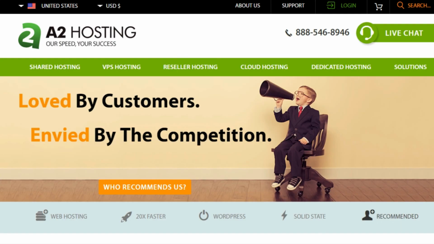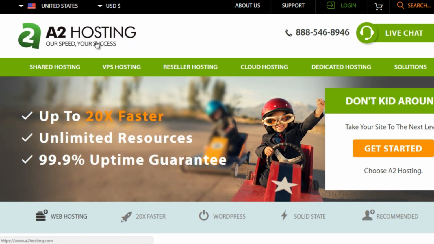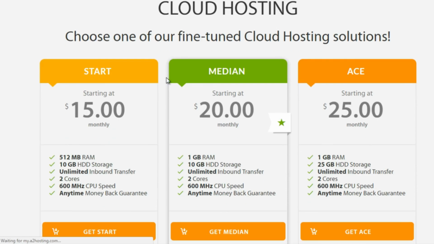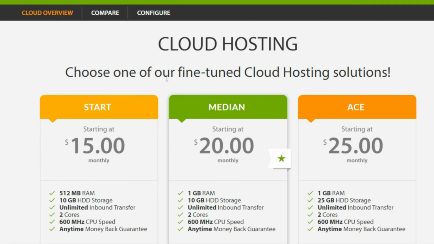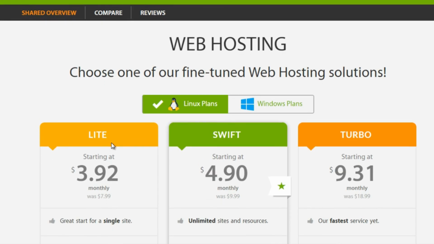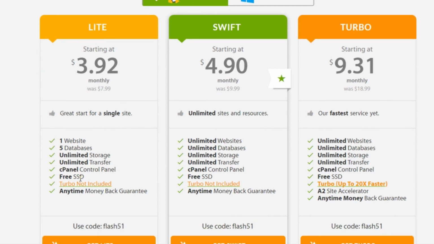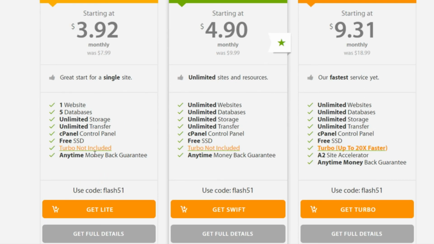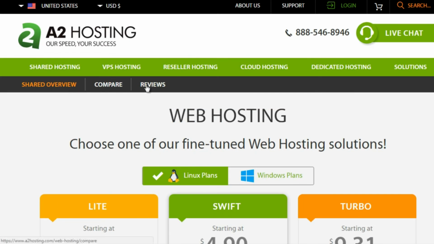The next host that's good for web hosting for WordPress is a2hosting.com. If you go here, you look for the cloud hosting, or you can look for the shared hosting. If you click on cloud hosting, you can go through and purchase whatever you need. Typically you can start out with the very basic plan, and then of course move up from there. As you can see, A2 Hosting uses SSD, which is what you want. If you see any hosting that is using something like HDD, which is a regular hard drive, then you might want to pass.